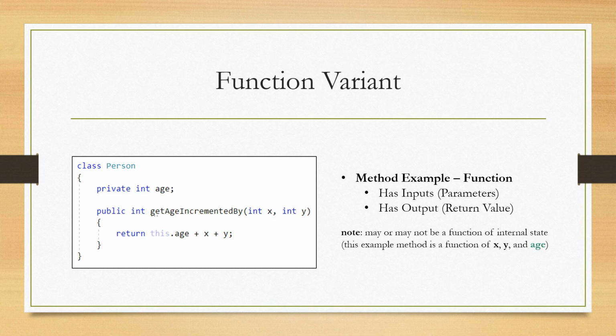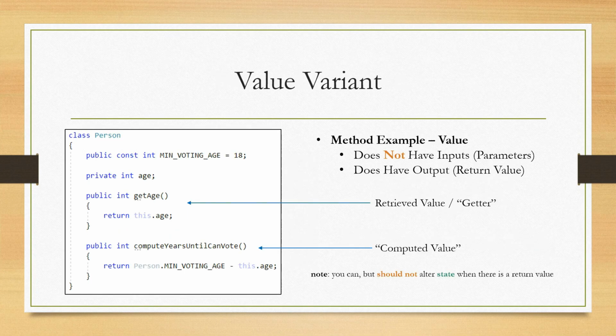I have a note here. It may or it may not be a function of internal state. This example, so that's what I was just talking about. This is an example of a function of x, y, and age. Now I have two examples here that I call value variants. In a function, a function has inputs and an output. And the reason that I'm calling these value variants, it's not a hard rule that they can't have parameters, but